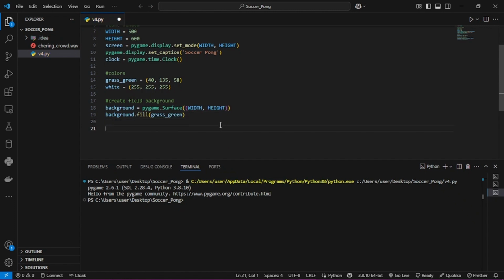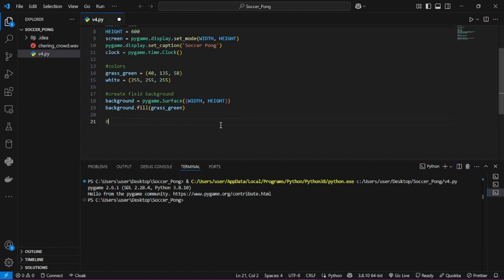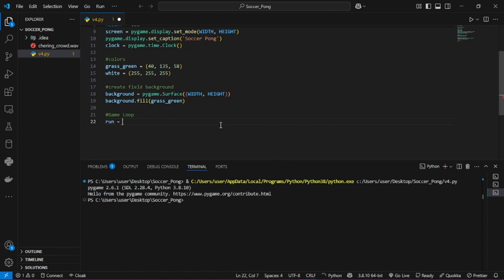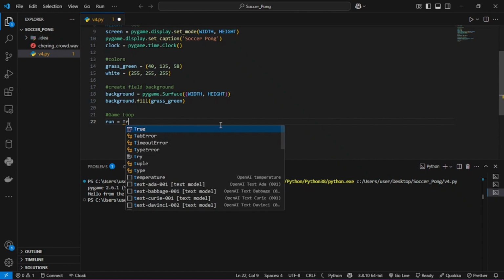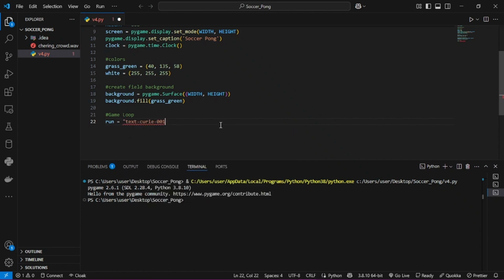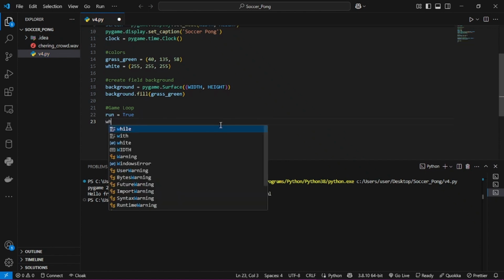After that, I want to see whatever I'm doing and that it works. So let's do our game loop like this. Let's say run is equal to True. We need a boolean, and you'll see why in a minute. Now, while run: